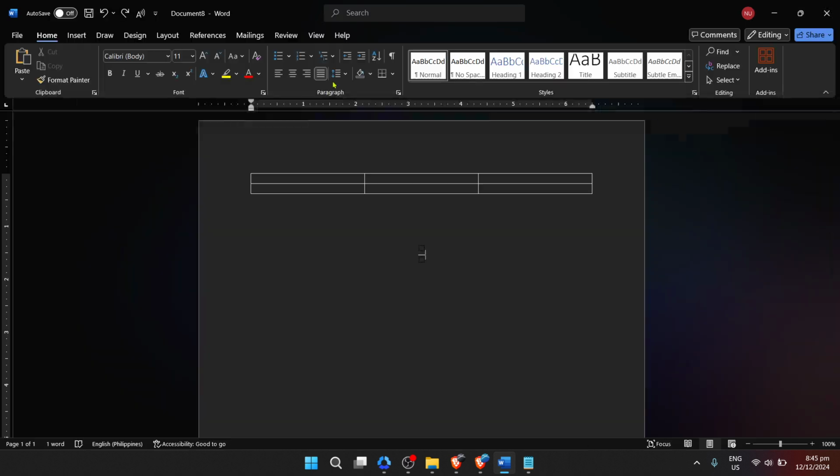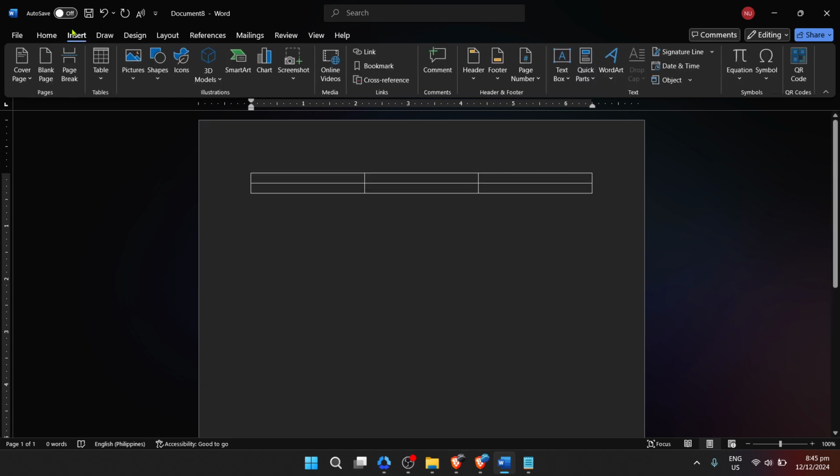With your document open, we're going to move on to adding our boxes, which in the Microsoft Word universe are best created using the table function. Look towards the top of your Word window for the toolbar. You're going to want to click on the Insert tab. This tab houses many of Word's document enhancing features, including the one we're interested in for today's lesson.